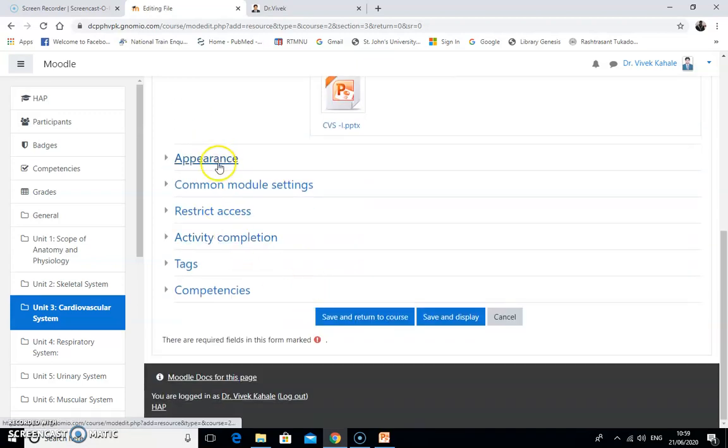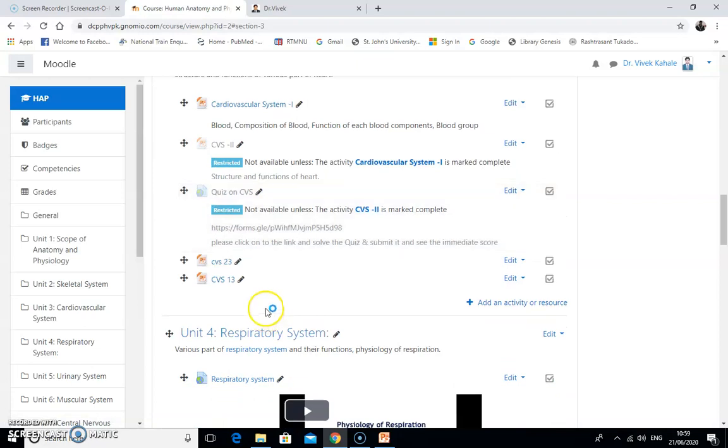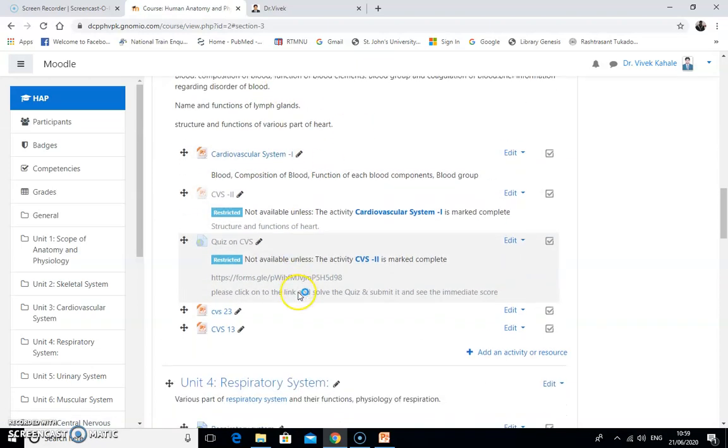Then you can see that there are options, you can modify those as per your requirement, and ultimately save and return to the course. See, you will see this file in that cardiovascular system unit for the students, and students can click on to that file and easily go through that.